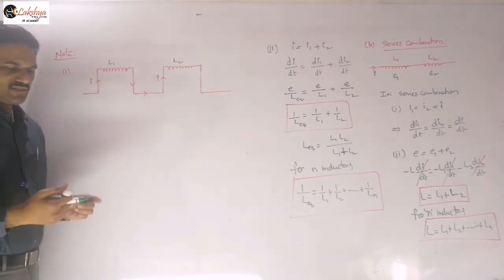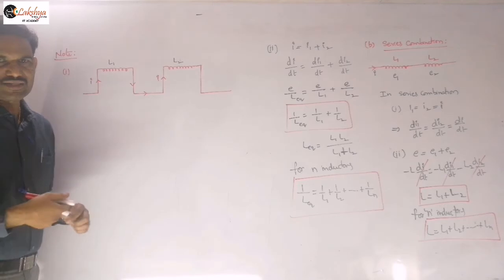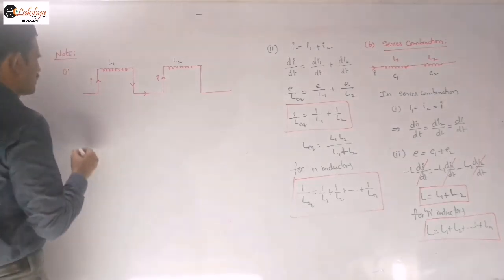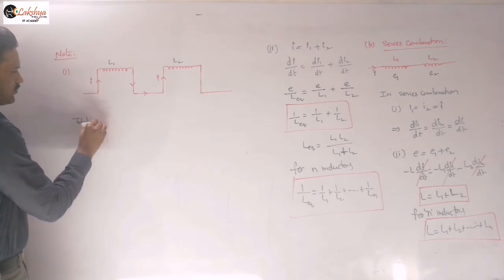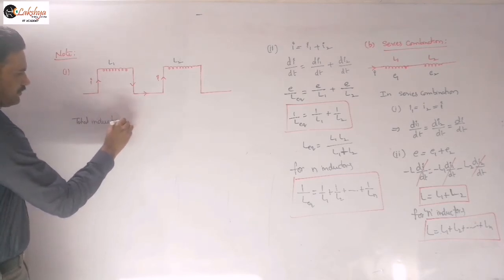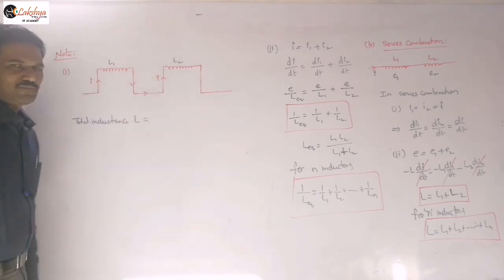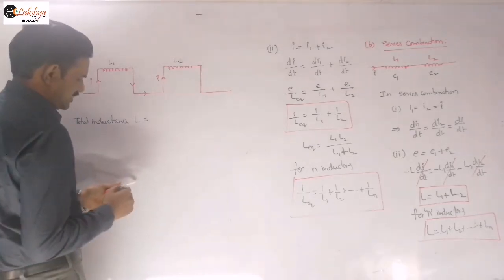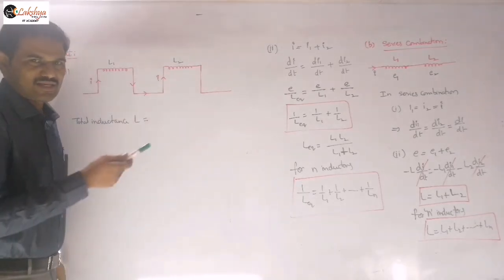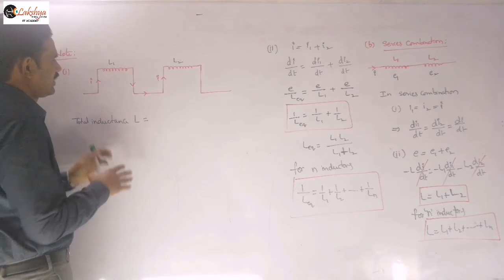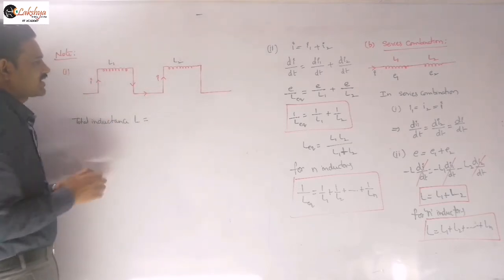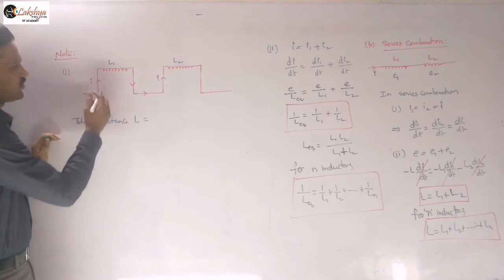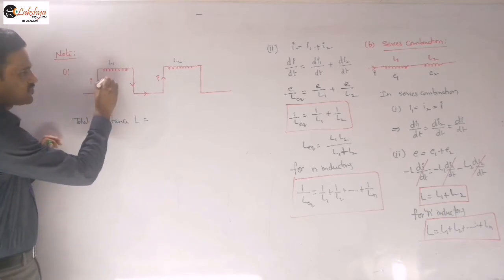Now the self inductance, in the sense the total inductance, we can write this as total inductance. So L is equal to, so simply what we can write: when the connection is like this, when the current is in the same direction, the self induction and mutual inductions will be in the same direction. Suppose the current is increasing, the self induced EMF will be produced like this.